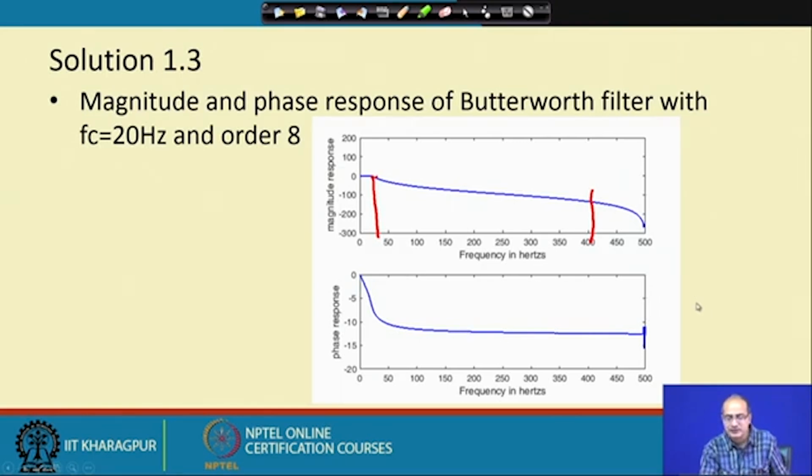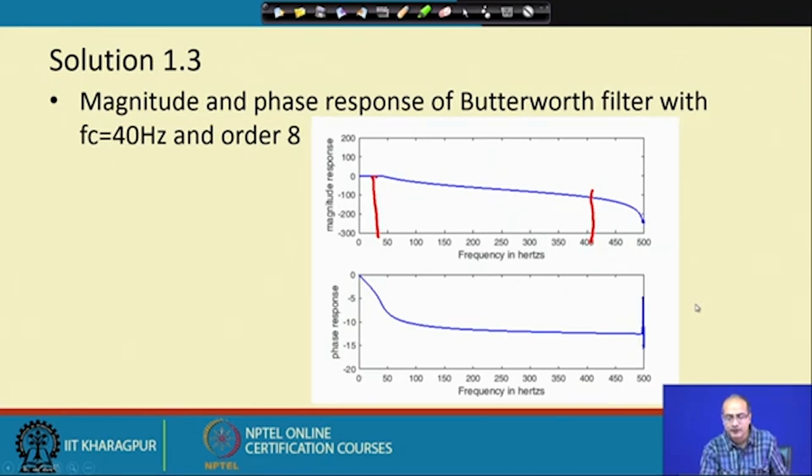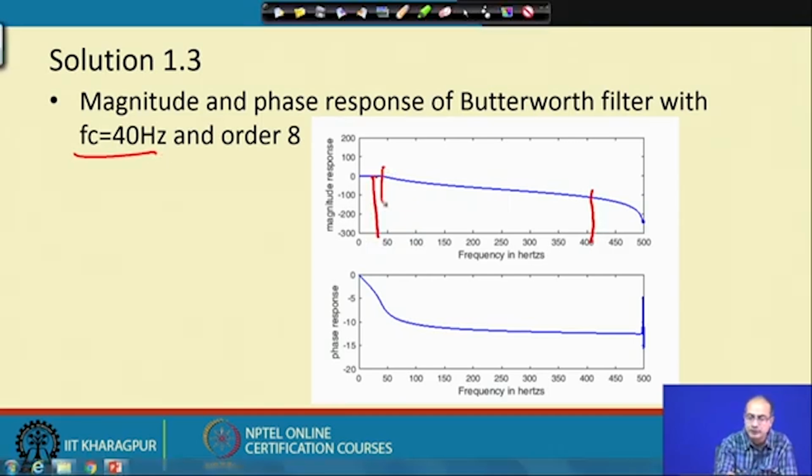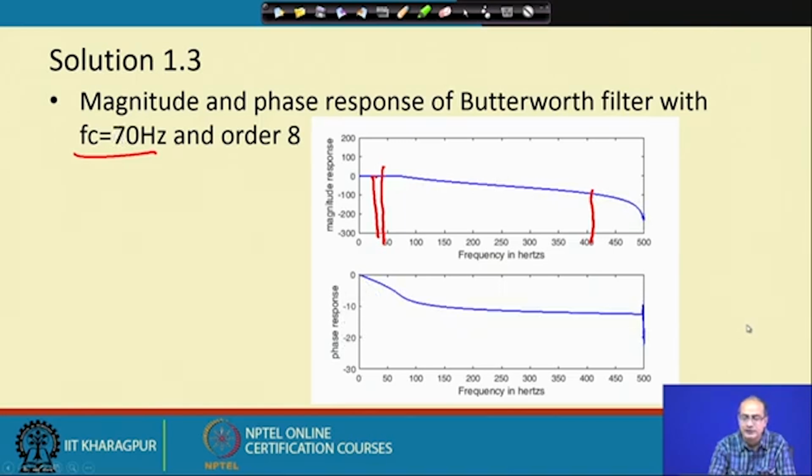However, in the phase part there is not much to note, but the only thing we can see is that the knee position is changing with the cutoff frequency. Okay. So, that is the change. Then the third one is that we have the cutoff frequency at 40. So, it has moved up to this point, okay, it is constant and then it is decreasing. Then we go for cutoff frequency 70. So, it is constant up to this point,